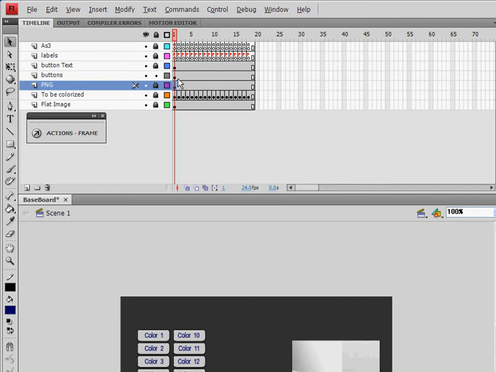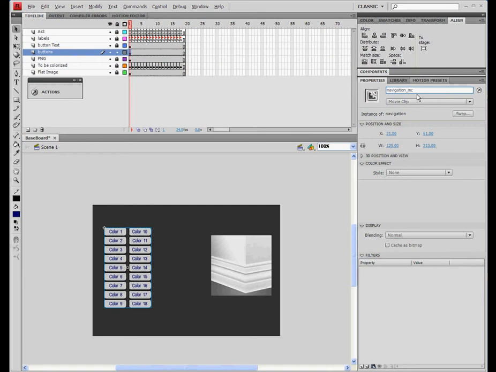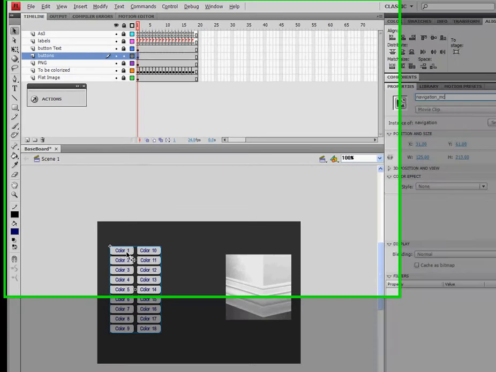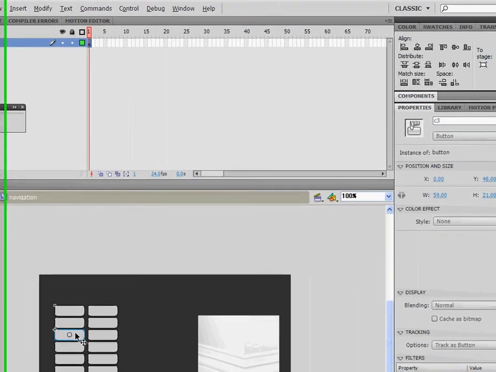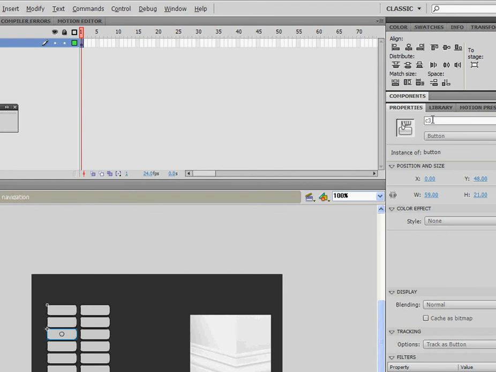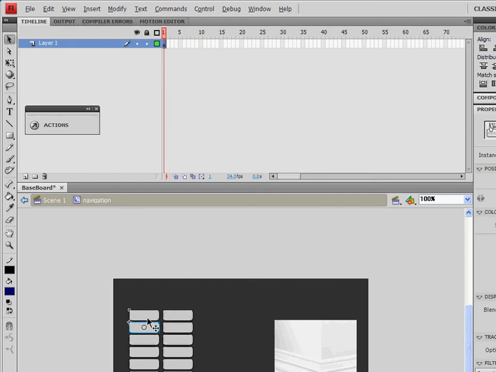The next one are the buttons. The buttons have been nested into a movie clip, which I called navigation, and gave it an instance name of navigation MC. If we go inside of this one, you can see there's just one layer. All the buttons are on this layer, just regular buttons converted to a button, and each button has its own unique instance name. These instance names are very important because they have to match the labels we're going to set up on scene 1. So let us go back to scene 1 again,